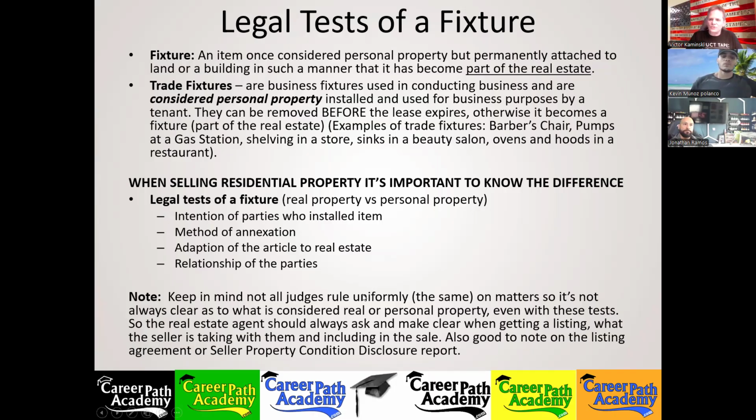You'd be in breach of contract. It's okay if you let them know in advance, put it in the listing. Seller is taking the toilet with them. Sounds kind of weird. Seller's taking the toilet with them, but they're going to be replacing it with something else. She made a good argument, but either way, she'd still be in breach of contract if she didn't get that buyer's approval first.